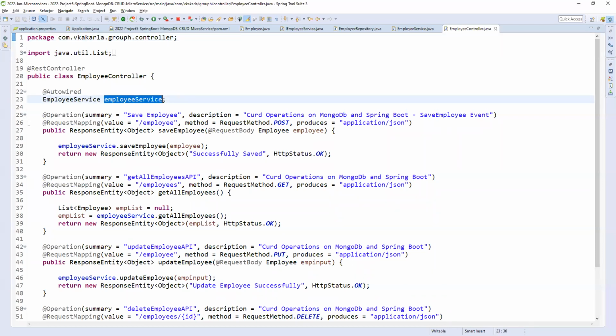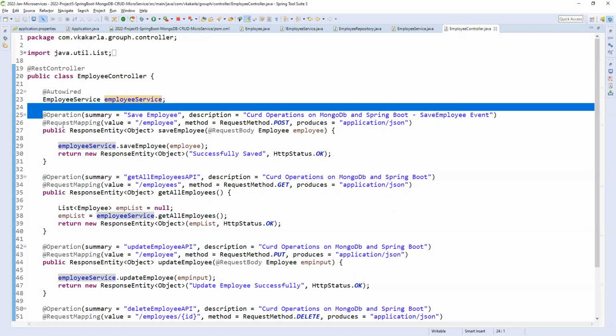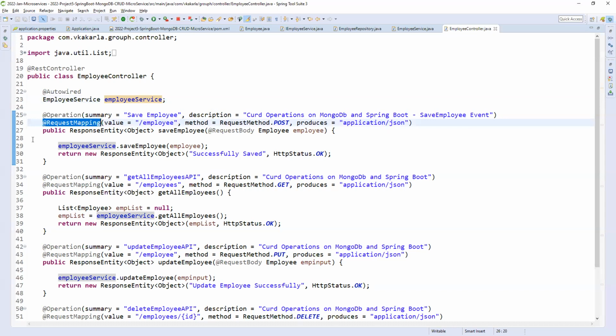Okay, so save employee, API operation, and request mapping. Previously I was using the method type. If it is a post, I'm using post mapping, right? Some of our friends may be using request mapping, right? So I want to cover this, which is from Spring 3 and Spring 4 onwards, and directly we can use post mapping from Spring 5 onwards. So here we can define value, method type post and produces application JSON, right?